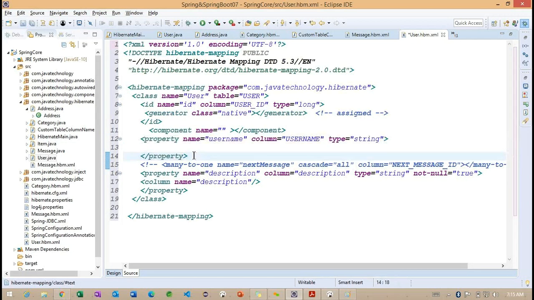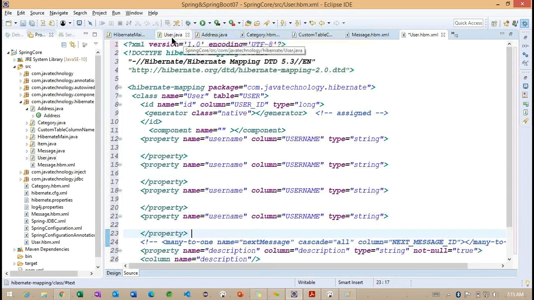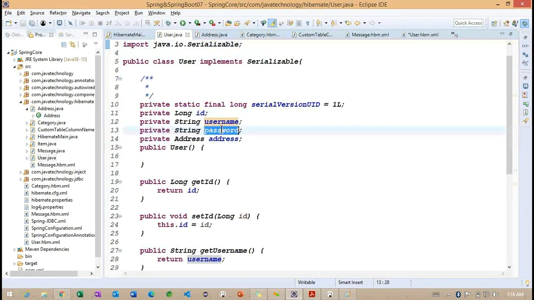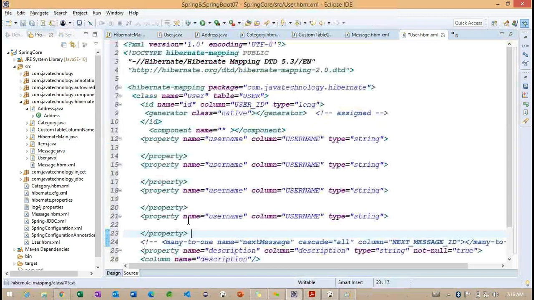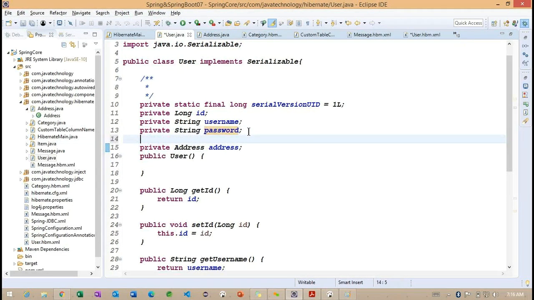After understanding this property, now let me create all the properties first. How many properties are we having? Only two. So password, and password also we make as the same.